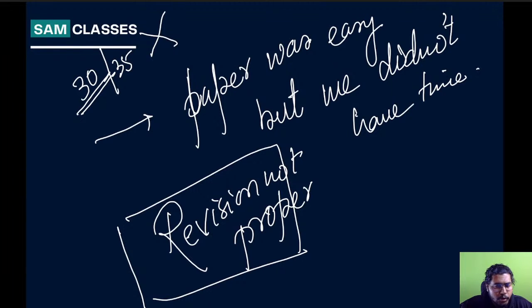Clear? So your revision should be very good. The moment you're revising very properly, you'll be able to do faster. But a lot of students start mugging up the answers. In KCT, don't mug up the answers. Very rare, out of every year, 1 or 2 questions will come where it will be exactly the same with options also, 1 or 2 max. So don't mug up the answers. Very good, Techno, read from textbook clearly.